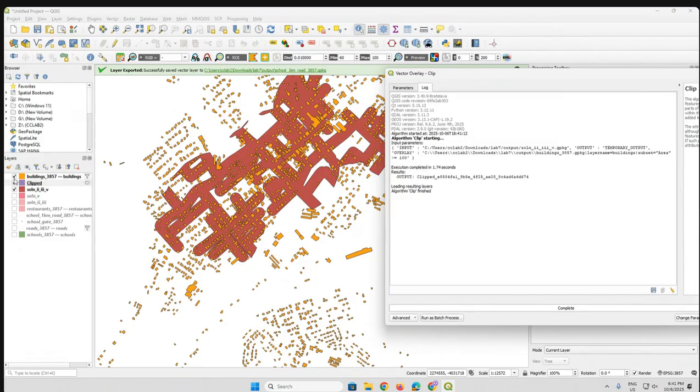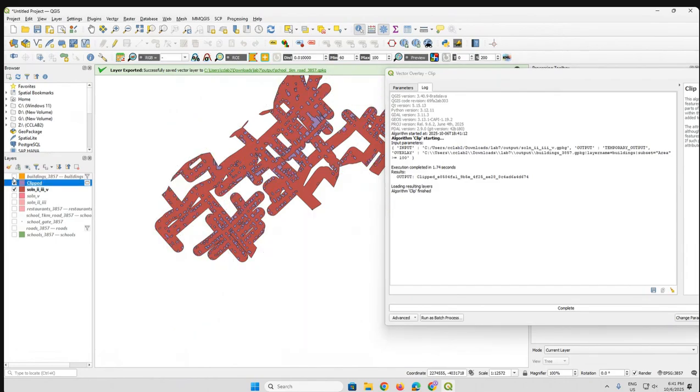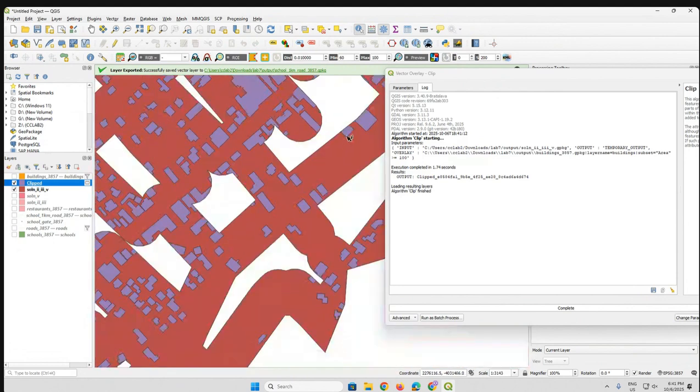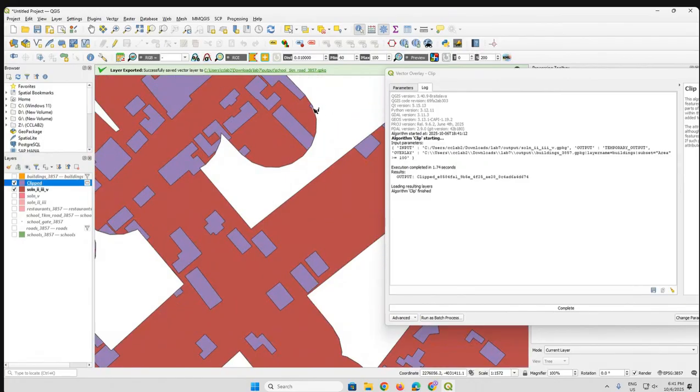Okay, nothing is visible because building layer is on top. If I turn it off, you see कि वहाँ पे कोई building नहीं बचा, right? बिल्डिंग के दो हिस्से आ गए, एक हिस्सा यहाँ है, एक ही बिल्डिंग का, ये एक बिल्डिंग था by the way, ठीक है। So बिल्डिंग का एक हिस्सा है और एक हिस्सा यहाँ है। जैसा आप एक्सपेक्ट करते थे इंटरसेक्शन में वैसा नहीं हुआ है, कुछ भी गलती नहीं है। लेकिन is it physically correct to divide the building into